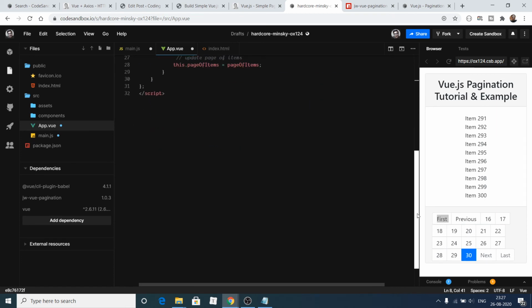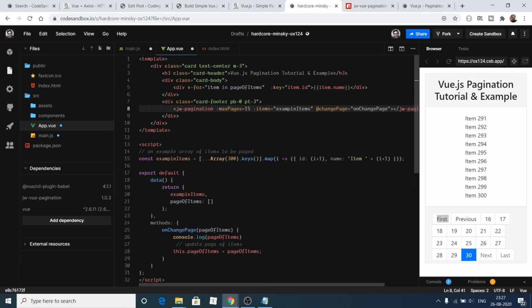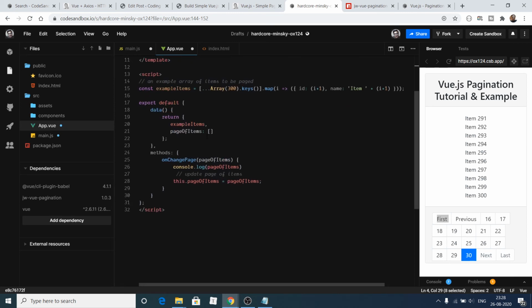We are using some Bootstrap. Let me just summarize what we have done inside this tutorial. We are using Bootstrap classes: card, text-center to align the text in the center, and card-body. We are looping through by using a directive of Vue, which is v-for. This is our array here, page of items, which we have declared inside our script section.